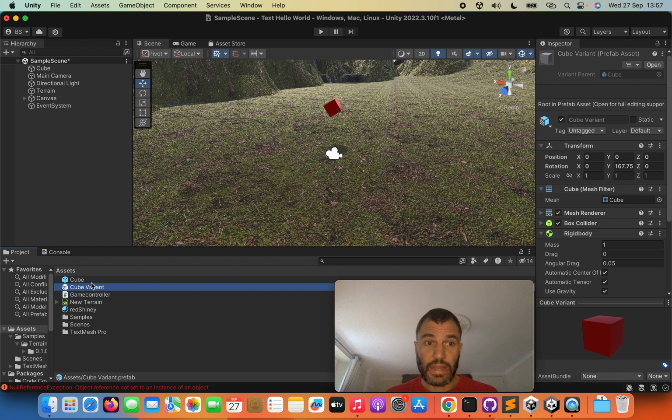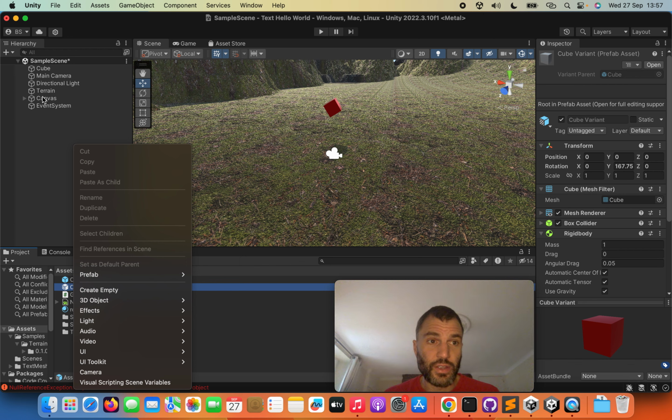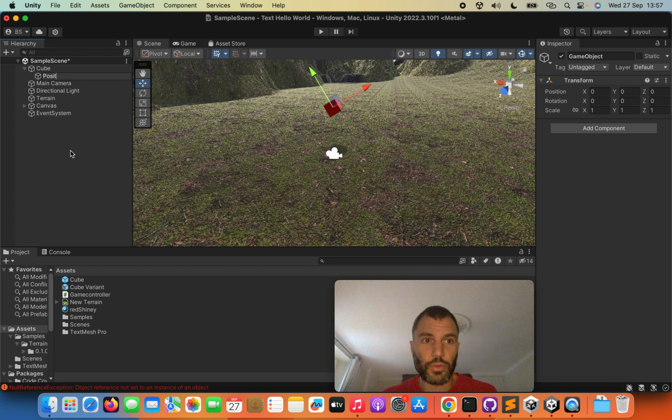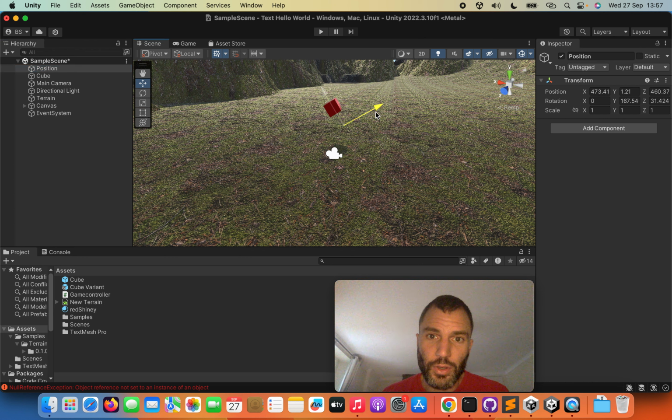One more thing that we need: I'm going to add a new game object to where that cube is. I'm just going to create an empty game object. I'm going to call that position, and then I'm going to make that position separate from the cube. So I'm going to drag it out from being the child, so it's its own separate entity, and we're going to use this position to tell Unity where to generate these objects. I'm going to grab that position, and there isn't actually anything there because it's just an empty game object. It's just a position. Okay, so that's all the things that we need set up. Now we're going